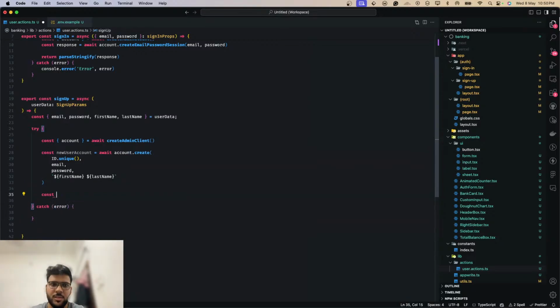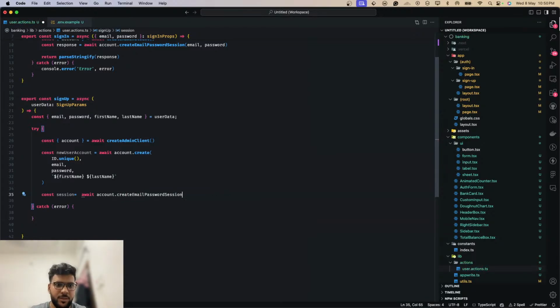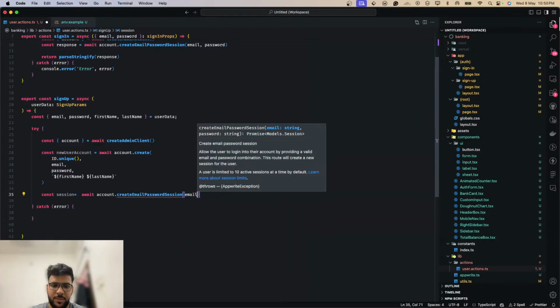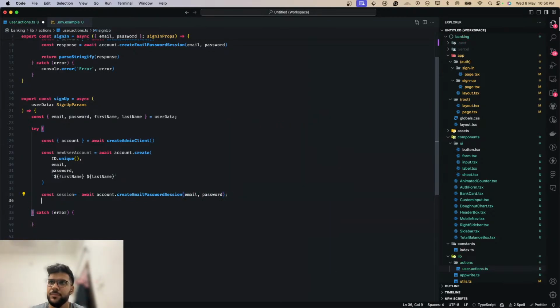And then we have to create a session with email and password. Then we are logging in with email and password. Creating the user, then